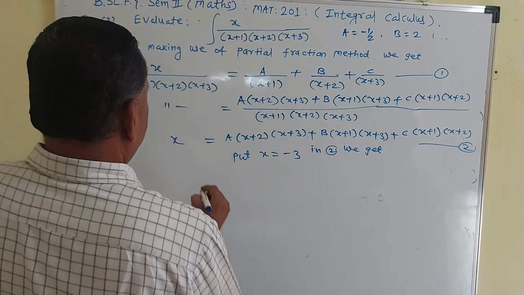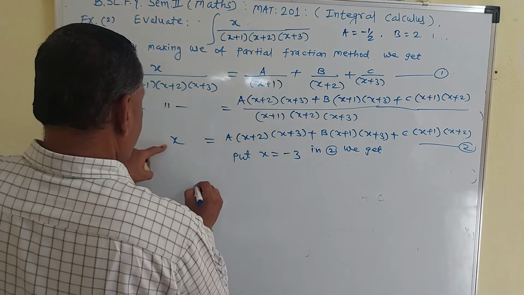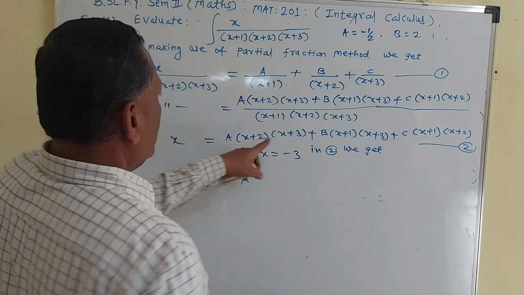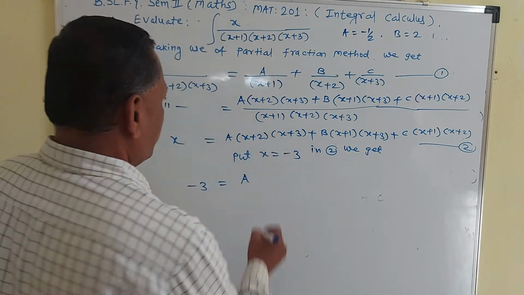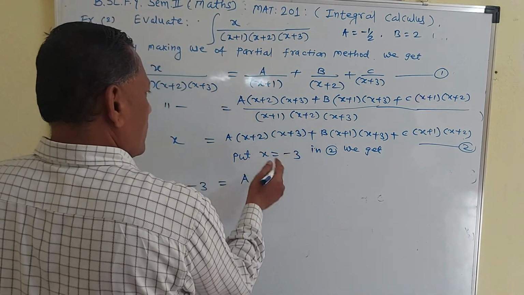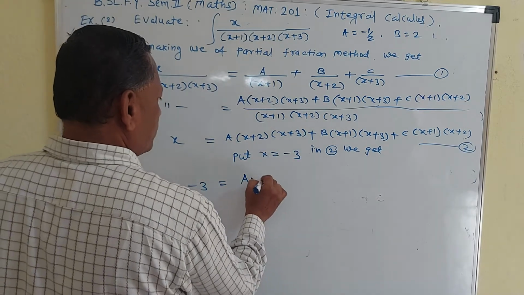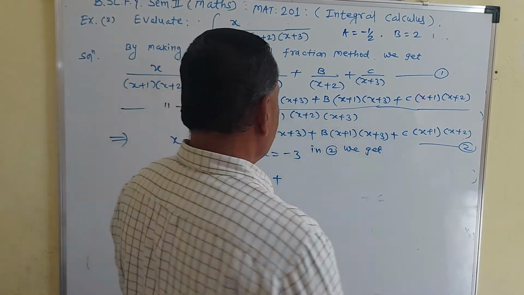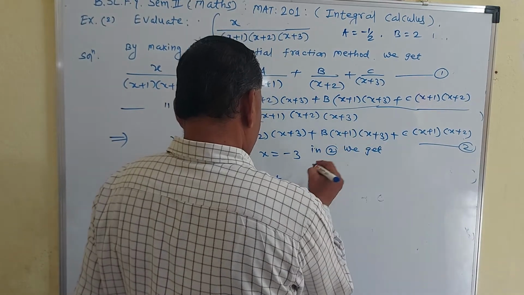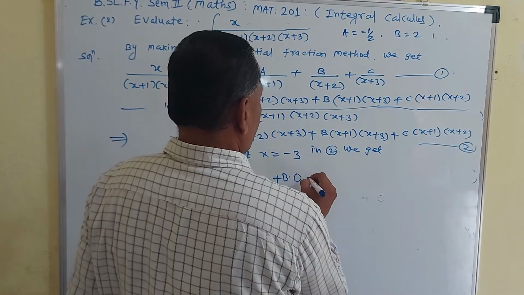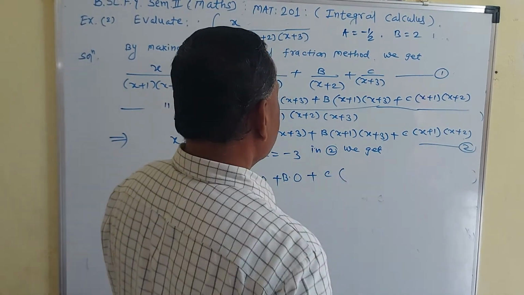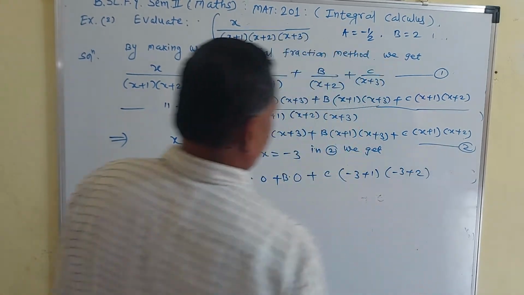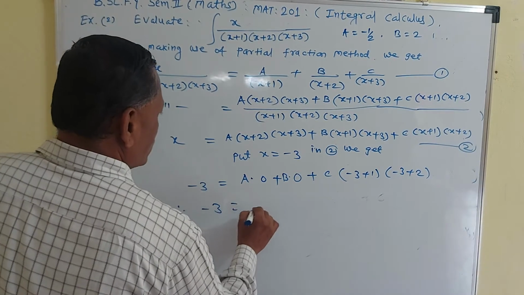Minus 3 is equal to a into x plus 3 factor, minus 3 plus 3, 0, therefore a into x plus 2 into 0 means 0, then plus b into, again here x plus 3 factor, minus 3 plus 3, 0, b into x plus 1 into 0 means 0, b into 0, plus c into x plus 1 into x plus 2, that is minus 3 plus 1, minus 3 plus 2, therefore minus 3 is equal to, this is 0, this is 0,